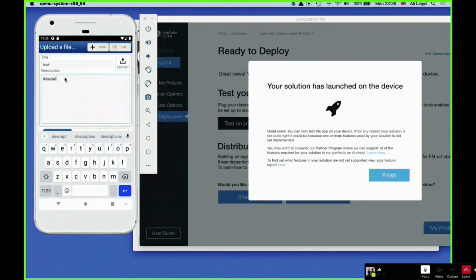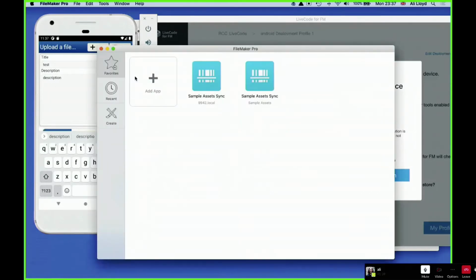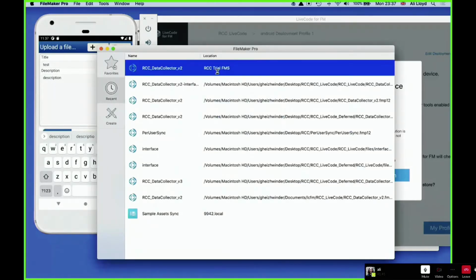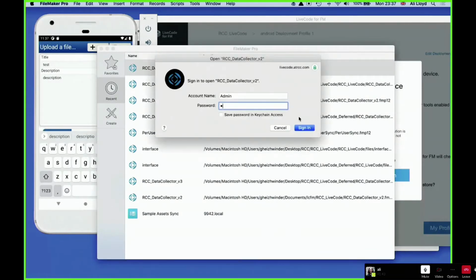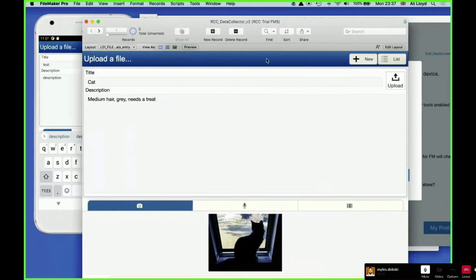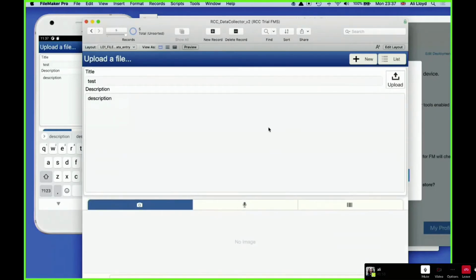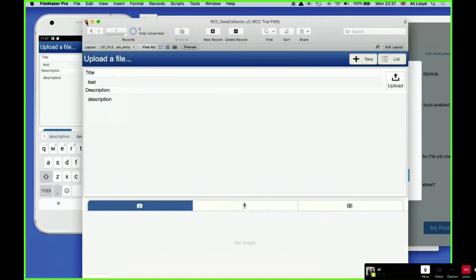Very unimaginative description, and then we'll just commit that, and you see there that record gets pushed up to the server. And you can see that record has appeared there. So that's the automatic sync.